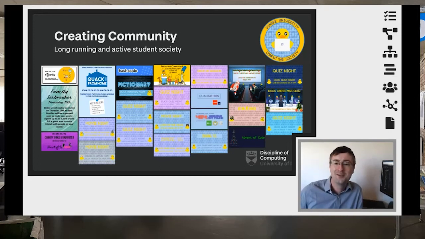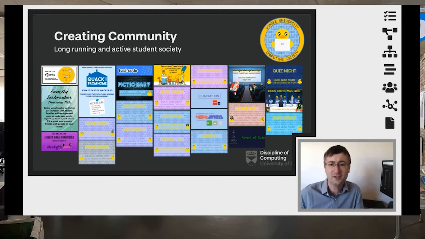It is. Quackathon, which is a hackathon based with our DUCS Society, and also other things like our Hashcode events, where we're working with Google and we're working with other universities across the world as part of major coding competitions. So the computing community really is central to being a student here, and it gives you the opportunity to learn all about the different people that you're going to be working with in your classes, and also to figure out how you can actually learn to work with other people outside of this as well.